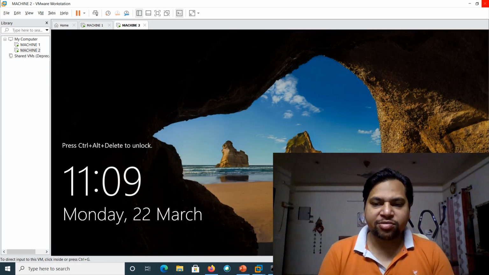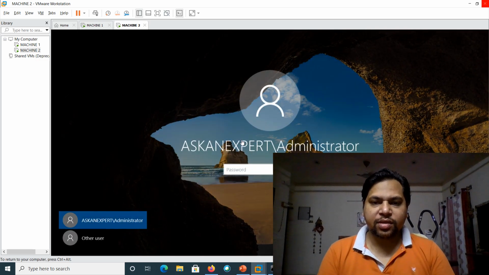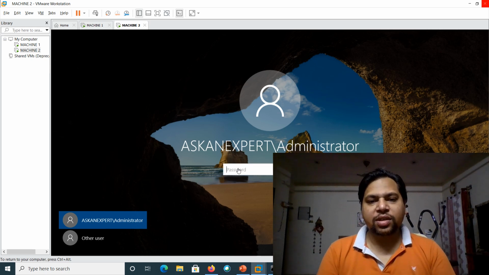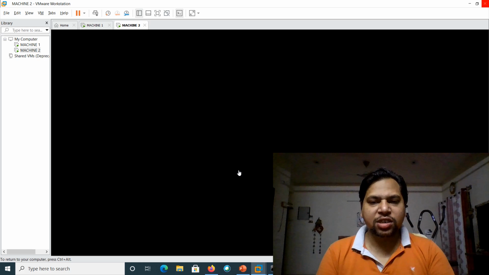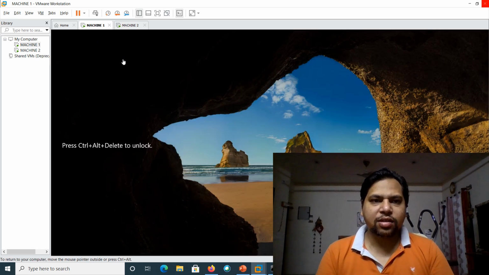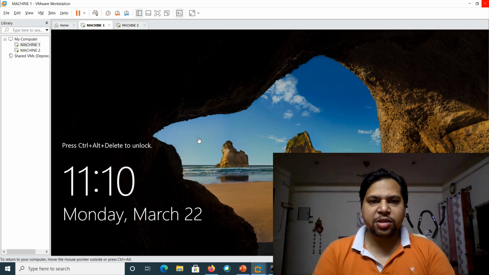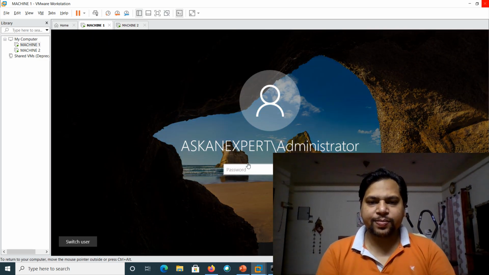The server is back up and running now. It had a restart. Now let's log into this machine. You see that this machine is taking the domain name. So now this is an additional domain controller. Let's log into this. I'll make some changes to machine 1 and see if the same reflects over here or not, because we had selected the replication partner to be machine 1. I'll go to machine 1 and open up AD and make some changes over there.